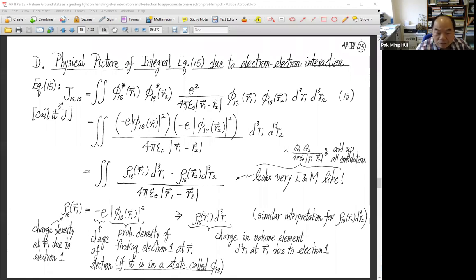I can separate this e squared into minus e times minus e because they come from two electrons interacting. Each electron has minus e, so I separate it as minus e and minus e. And then we make use of Born's interpretation,